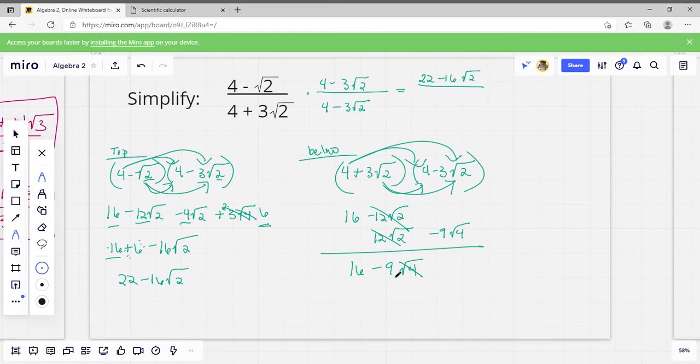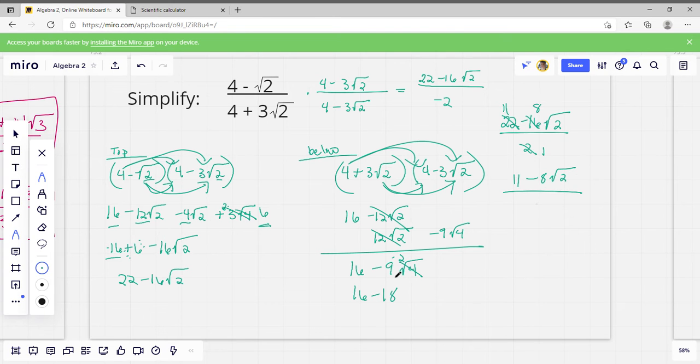Square root of 4 is 2. 9 times 2 is 18. 16 minus 18. And we're going to get negative 2. Okay, so here's our answer, but we can reduce that. So we've got 22 minus 16 times the square root of 2 over 2. So if we canceled here, we would have 1. Now we make 11. And if we canceled there, we would end up with half of 16 is 8. So we've got 11 minus 8 times the square root of 2